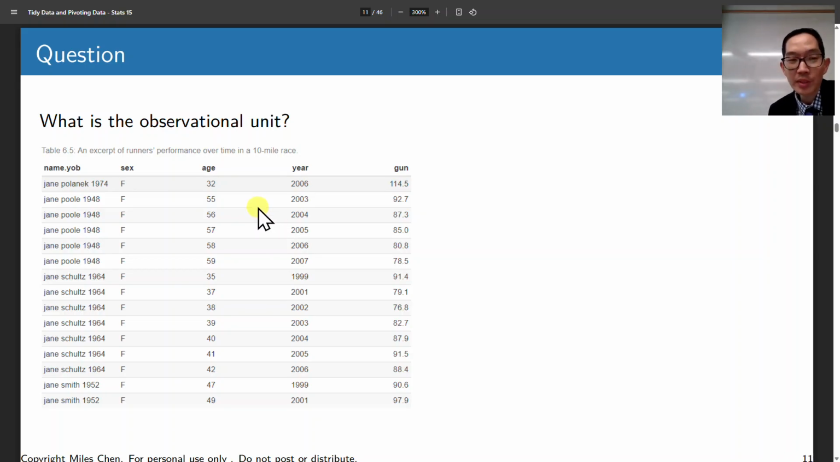And in that case, the age changes from year to year, so that's why that's a variable. And we might want to do an analysis where we say, okay, does performance change with age and things like that? And I guess gun is how they measure